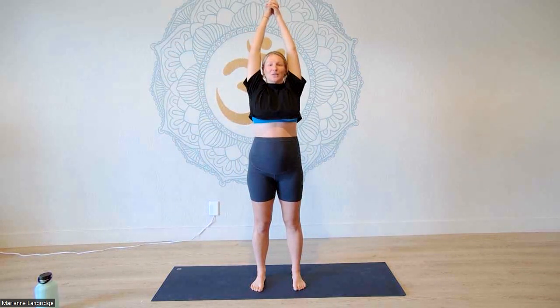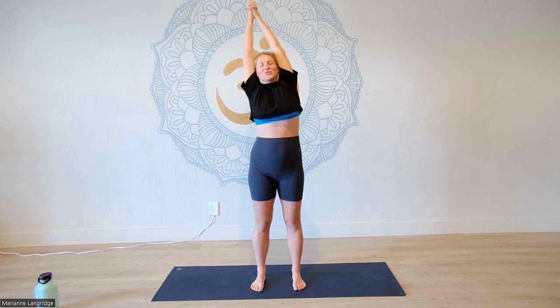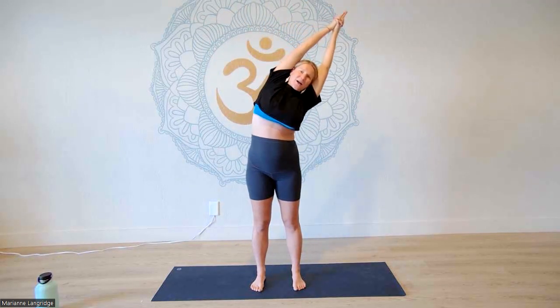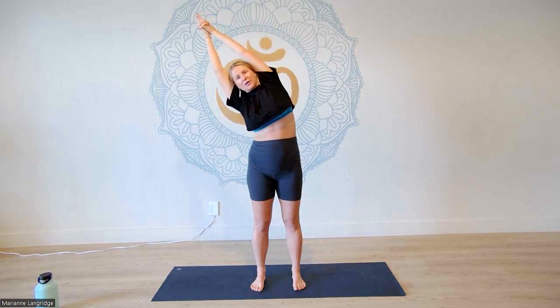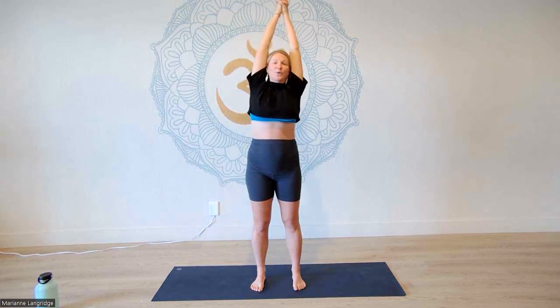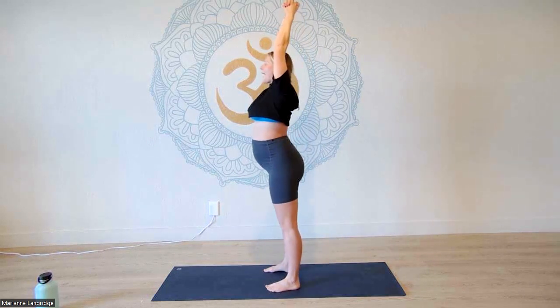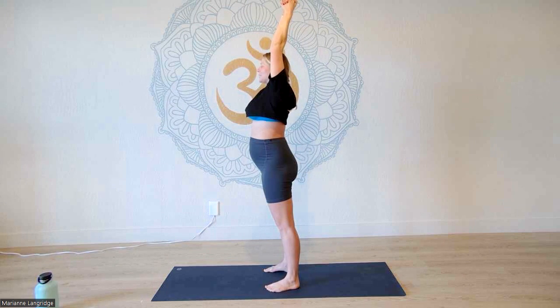Interlace your fingers, release your index fingers, thumbs crossed. Stretch up out of the waist, absolutely straight line, and just slowly bend your body right and left. Moving our bodies right and left, and also paying attention here to what's going on with the spine. If you notice that you're tucking your butt out, tuck it in, stretch up out of the waist, and just